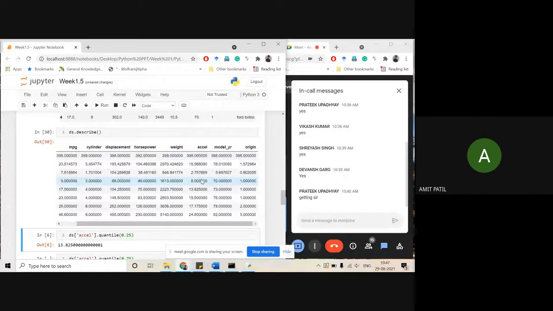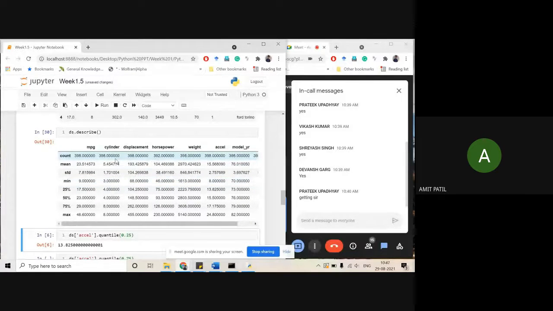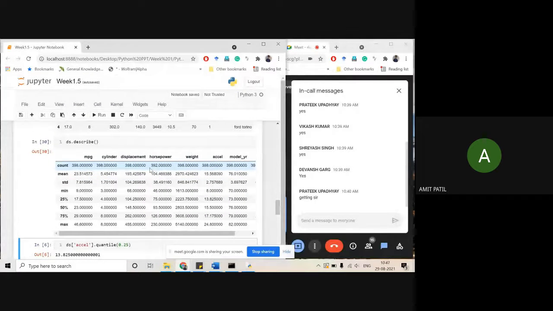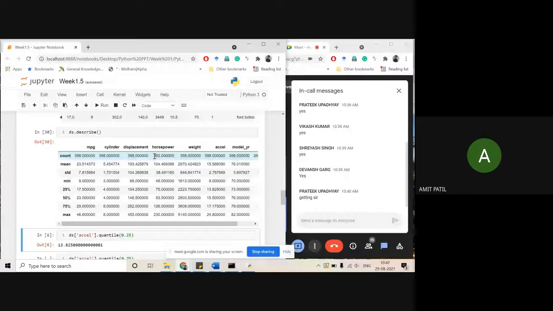You can check whether there are missing entries or not, because they are important. If you have some 50 or 100 data points, and 10 or 20 are missing, then your whole average will be shifted, right? So that is why missing values are also critical when you are working with a numerical data set, or other types too. So the count will give you the missing values and the number of entries in each variable.